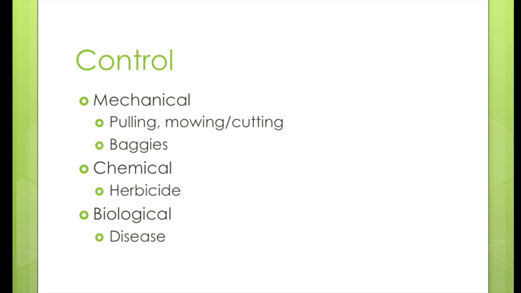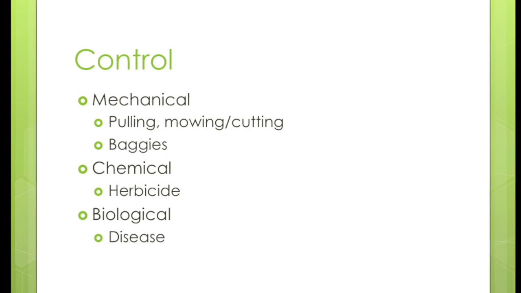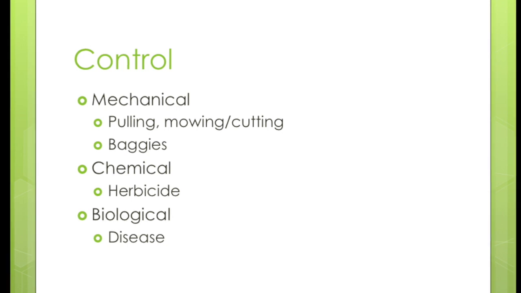There are several mechanical, chemical, and biological tactics being used, but the success of each strategy really depends on the specific location and status of the buckthorn in that area. The primary goal for control is to prevent seed production and dispersal. The mechanical tactics include hand pulling, burning, and cutting/mowing.